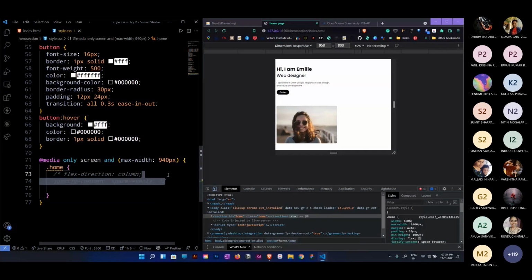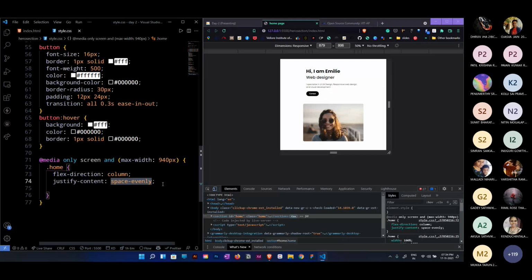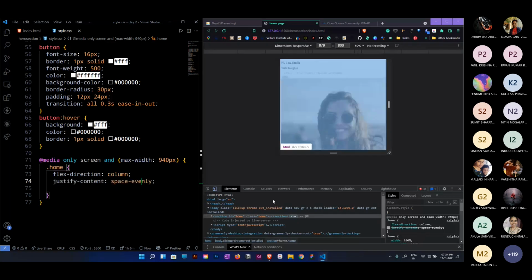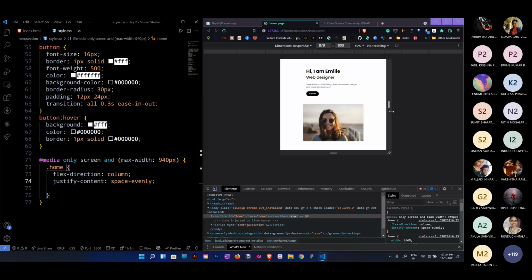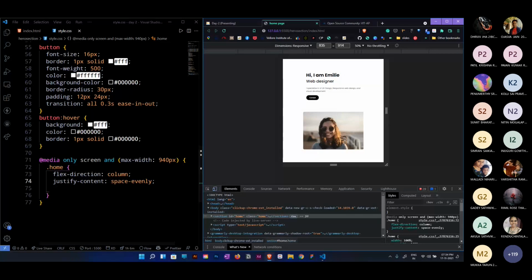Okay, let me just quickly uncomment this. What happens is the direction will be changing to column, and justify content and align items will be reversed to one another, and everything will be centered again. And we are specifying that justify content. Let me just remove this spacing and show you. As you can see, the top and bottom are looking completely okay. Now the moment we change it to space evenly, it will be spaced correctly and evenly. It will look good. That's all. And this is where I use a media query. This is how I write media queries in CSS.